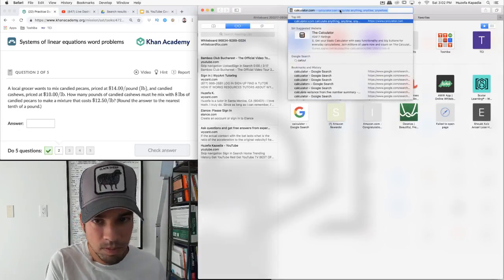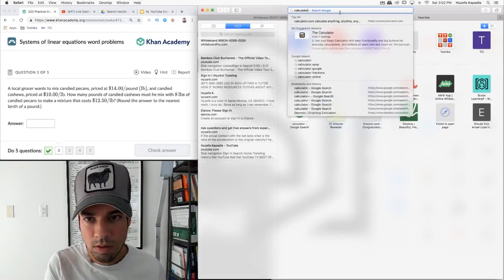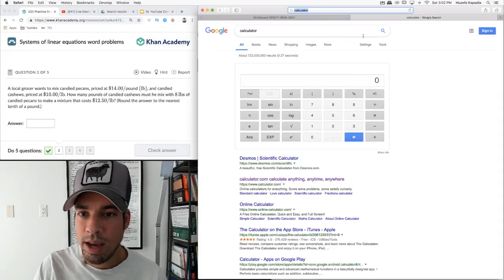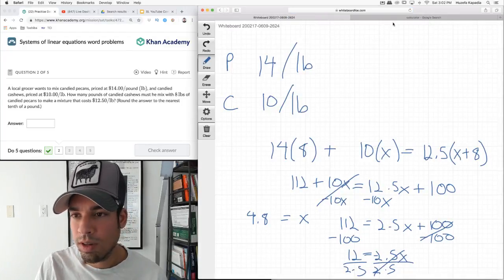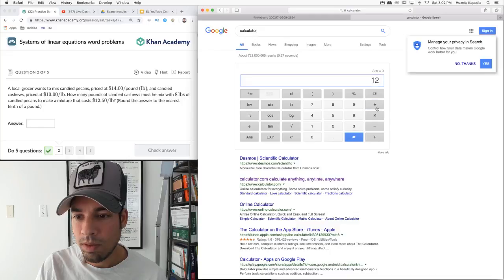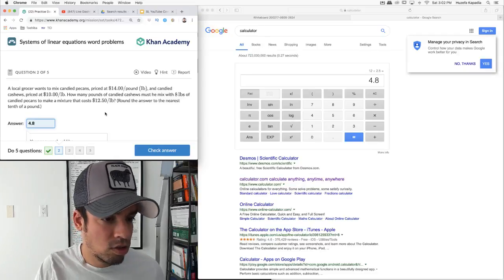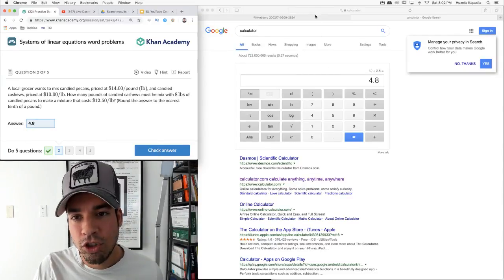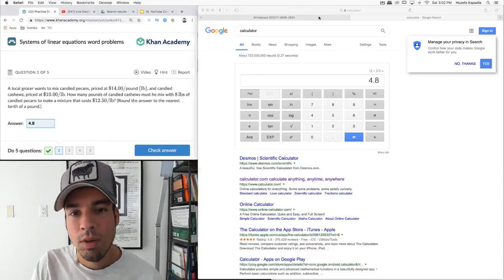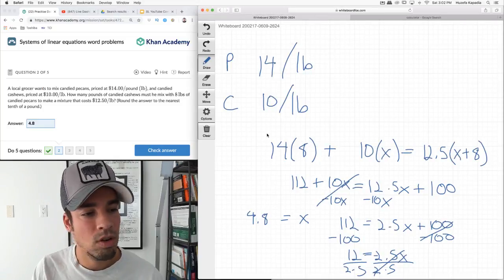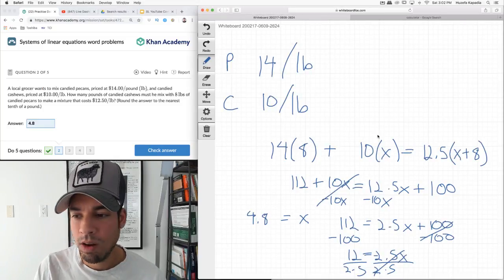Calculator. So we have, what is it? 12 divided by 2.5, right? Always double check with the calculator on these problems, which are free response, because man, there's no multiple choice to guide you. It's especially tricky, so you have to be very precise with your work. Now let's just make sure this all makes sense. Okay, we have 4.8 pounds.